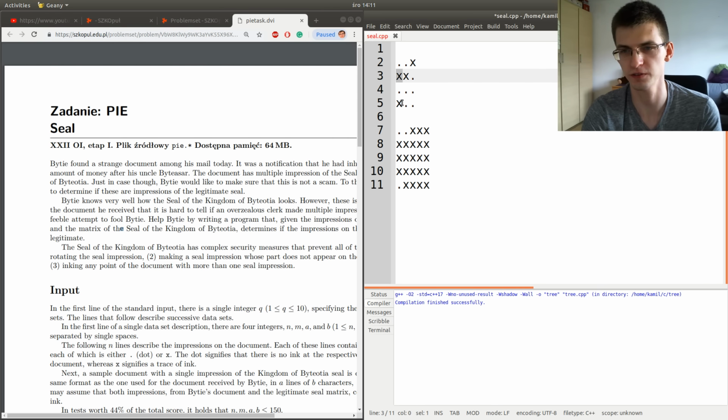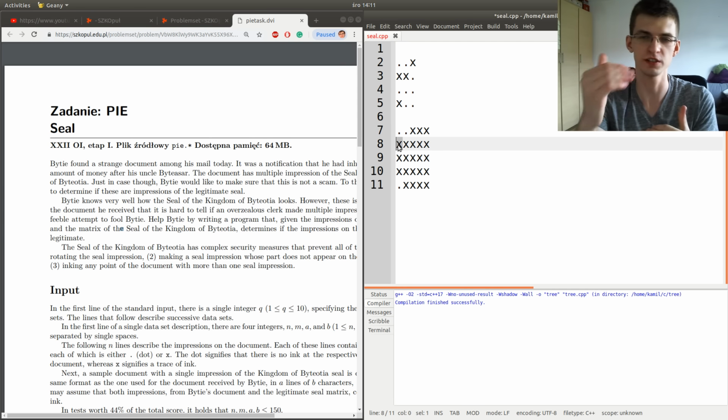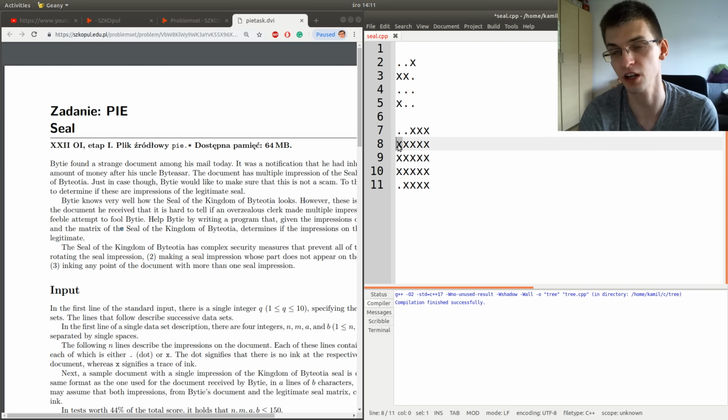Because otherwise, if for example you want to put the pattern in such a way that this bottom x would be here, then this higher x would have to be above this x, while we said this is the topmost x in the first column. So it's impossible. So we know that exactly this x should be put in this place.